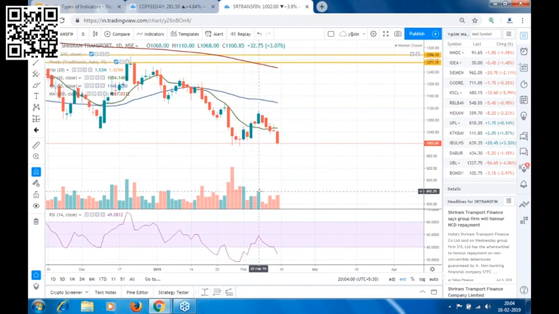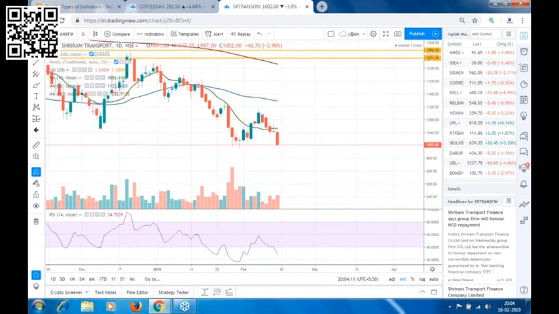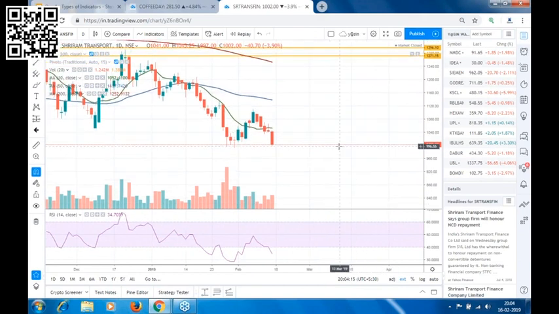Now once you see a bullish divergence, which means that the downtrend is about to end, the stock will either consolidate for some time, or you can see a reversal in the stock. See, the stock market never falls immediately or never changes trends immediately, except if there is any negative news. If the market is in one trend, then it will slow down for some time, and then you can see a trend reversal. If the market is in a downtrend, then it will not immediately change direction. It will slow down a bit. You can see a consolidation, and then you can see a trend reversal.